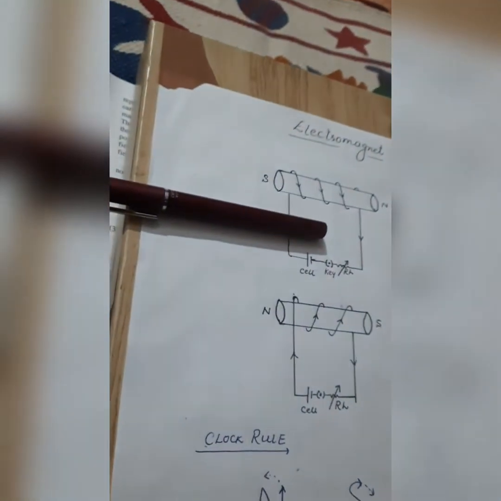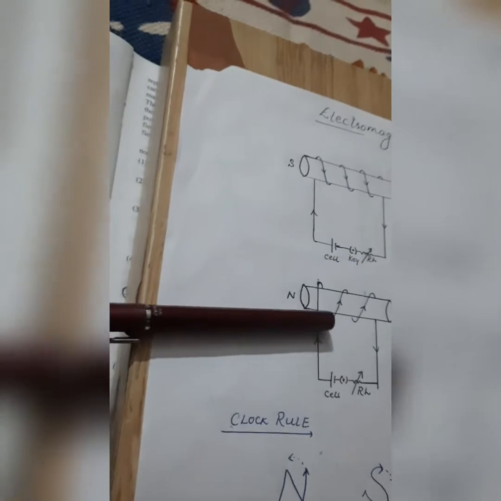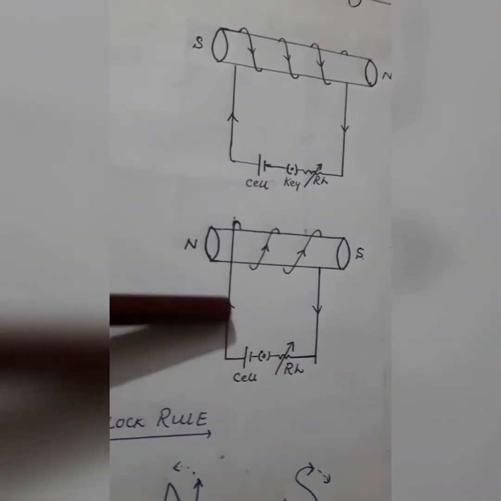If you consider the second diagram, we give the coil from the front. Front means what is the direction of this? This direction will be anti-clockwise. So put your face here. If you see, this direction is anti-clockwise, and that's why it is north. So it wholly and solely depends upon the direction of current.